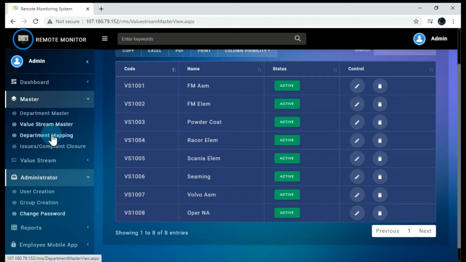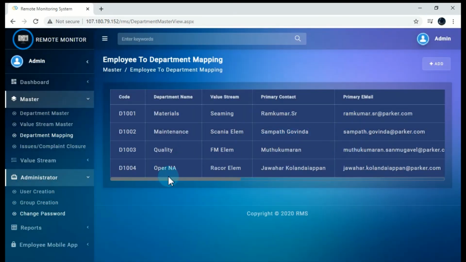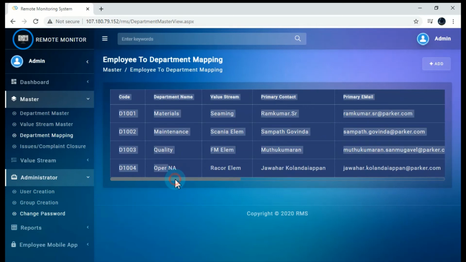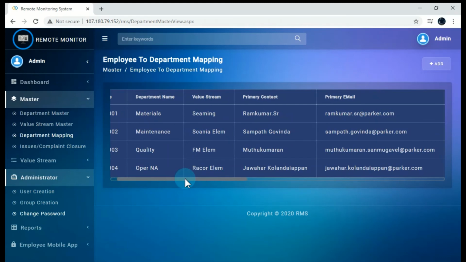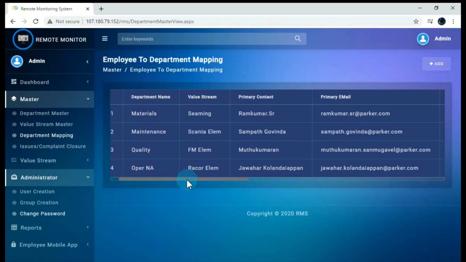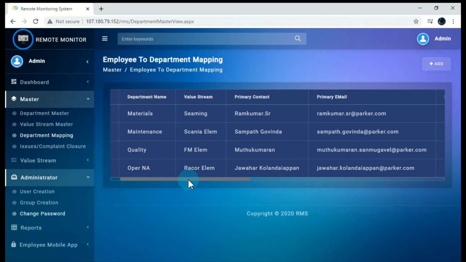Now you go to department mapping. In this screen, we are mapping the department staff for that particular value stream and for that particular department.